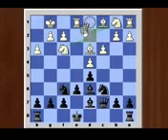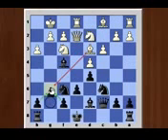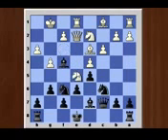Queen e2 and bishop f4, knight d2, g6, g3, bishop h6, g4 and bishop again comes to f4, knight e5, h5,